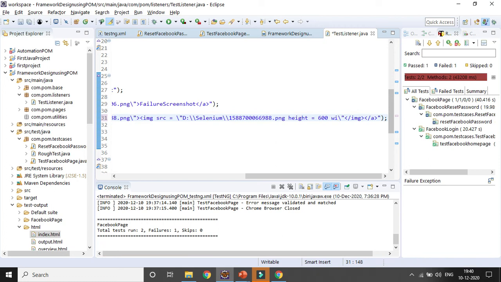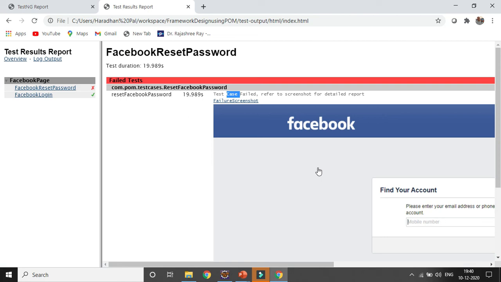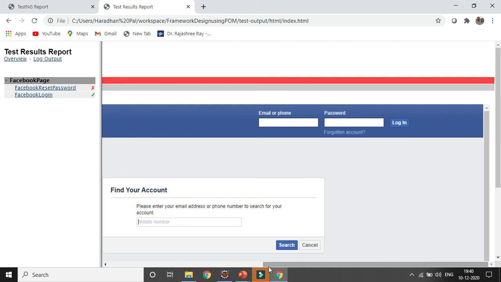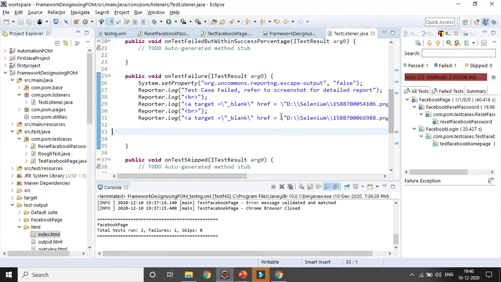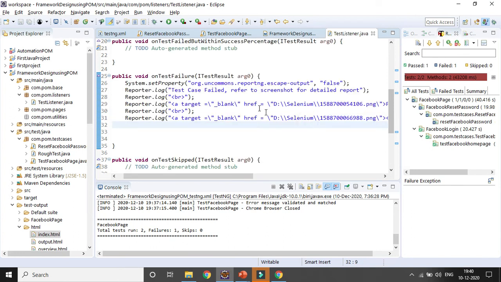There will be only a space separated width, which is also 600, so it will be a square format, right? Okay, so that size will be coming instead of the whole page size, instead of the big screenshot. And if you open that particular link, it will open the screenshot, right? If you want to fit it in the window, instead of 600 you can give it 1000 pixels. Let's give it 600 first, and let's see what size is coming. Okay, so I need to save it.